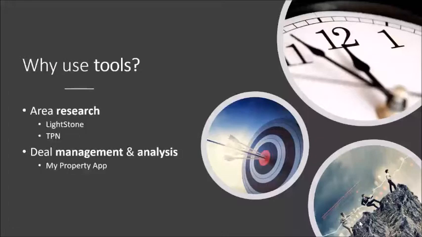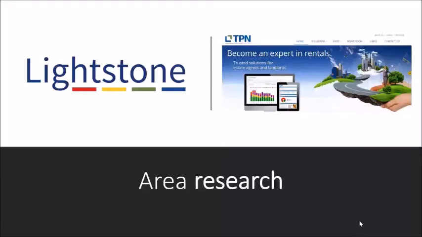In my mind, there are two important tools that I like to use, and this is a personal preference. I'm sure there are many other competitors out there, and you're welcome to shop around. This is just what I've seen in the market as tools that benefit us. So the Lightstone and the TPN reports are very handy. Lightstone, in my opinion, I would use for your cash strategies, where you're looking to make a lump sum of profit and sell, if you're looking at forcing appreciation, if you're looking at a deal. Lightstone for me is great because it gives great resell comparable information. I'll show you a few examples of that.